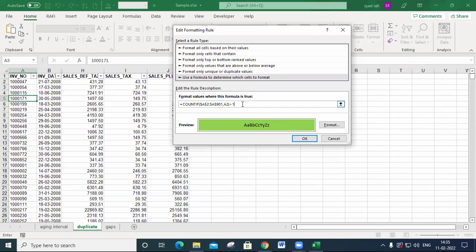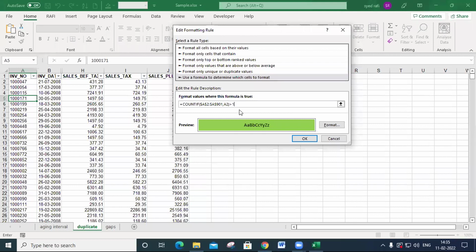Okay, this is the secret behind finding duplicate values. What is the formula? Equal to COUNTIF. You must select the criteria range, comma, and select the first invoice number, and you must remove the dollar sign. In the first parameter, you must give the dollar absolute reference and make it greater than 1. When we say duplicate, any object that occurs more than once is a duplicate. That's why I created this logic, greater than 1.